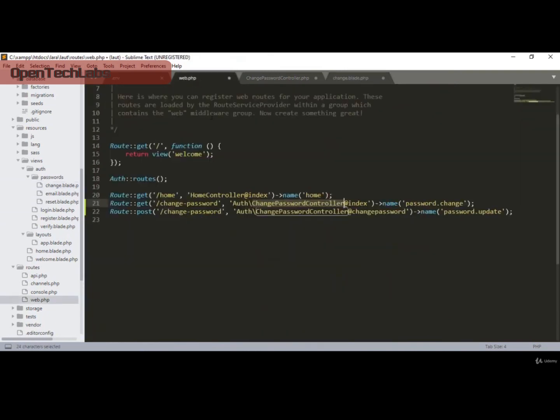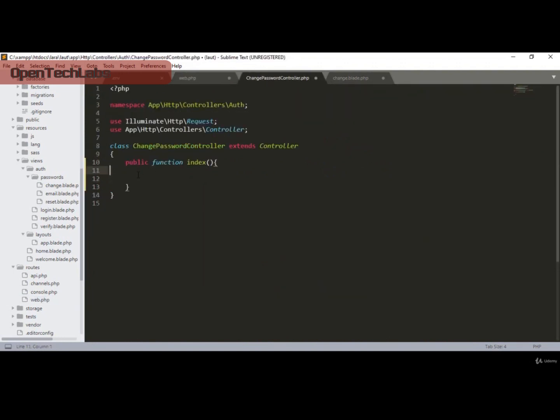Okay, so right now I want to load that page. Here I already created a route for change password in our auth change controller, that means our change password controller. There is the index method. So in this index method, first of all I want to load this page, that means this change password blade page. So here I just simply added the return,